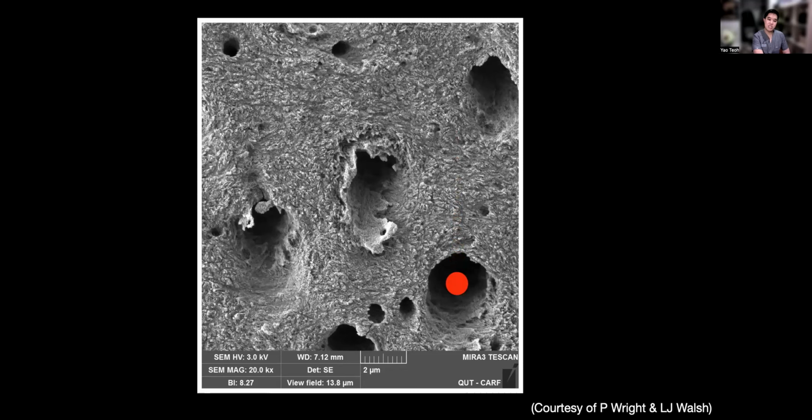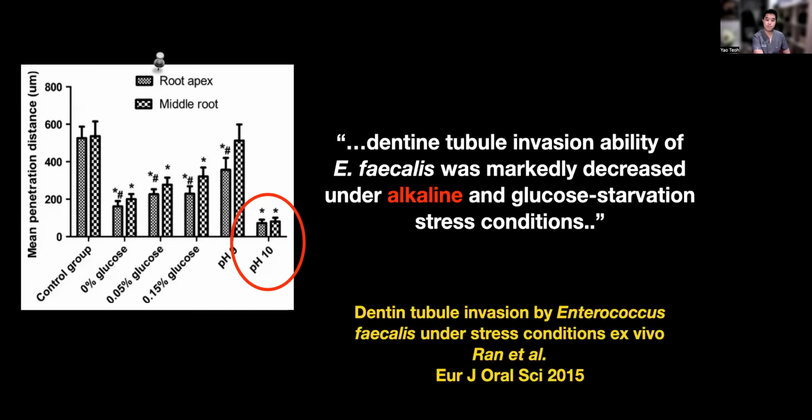So they can easily penetrate into the dentinal tubules and make their way to a point where it's difficult for us to eradicate the bacteria. It's been found that the dentine tubule invasion ability of Enterococcus faecalis was markedly decreased under alkaline conditions. So if we dress with calcium hydroxide to create an alkaline environment, that actually prevents deeper penetration of bacteria between